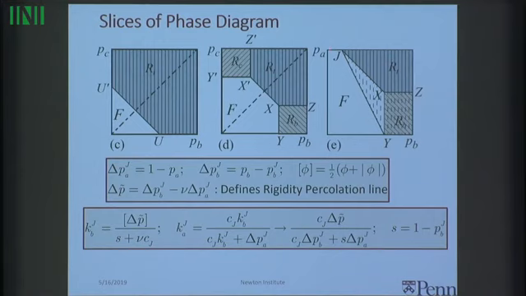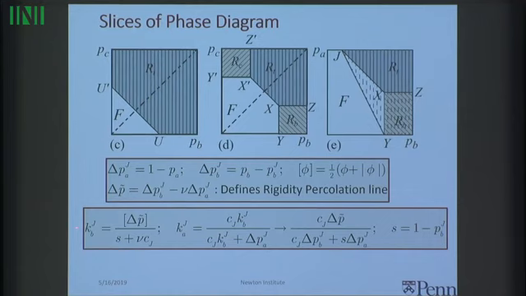So here is what the analytics give you. If I call delta P_AJ to be 1 minus P_A, so that's the distance from this upper thing, delta P_JB to be the distance along P_B from that point, and delta P tilde is the distance from the rigidity percolation point. So you do the calculation, you find that K_JB is delta P tilde over some number. So that tells us that